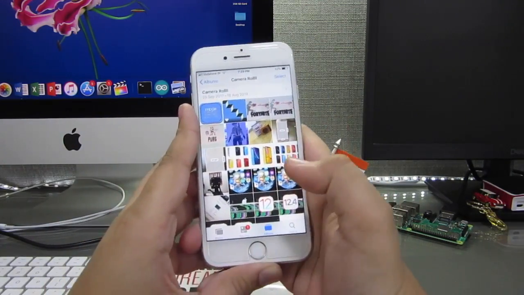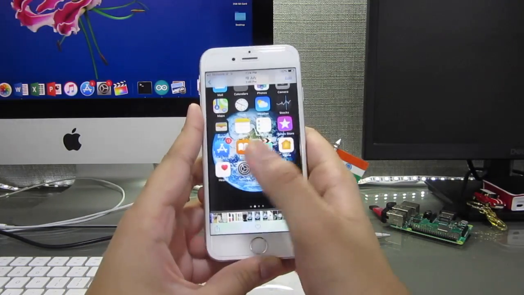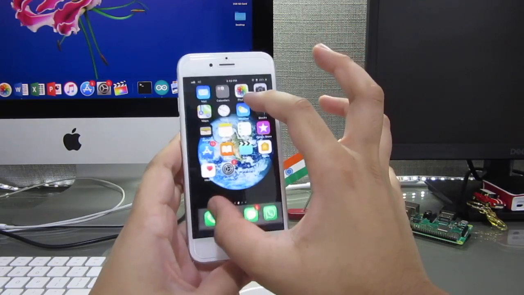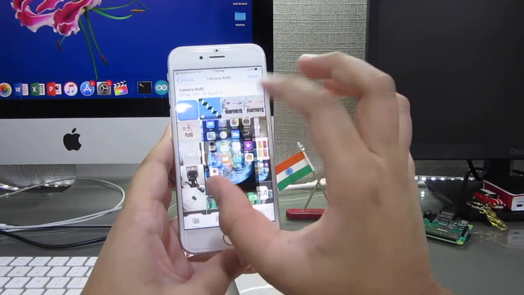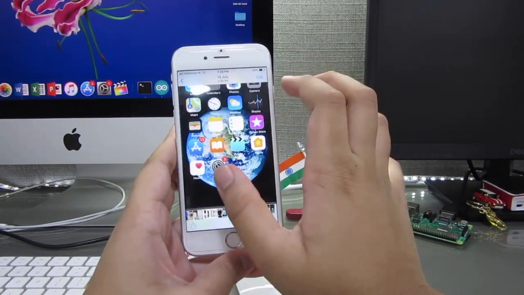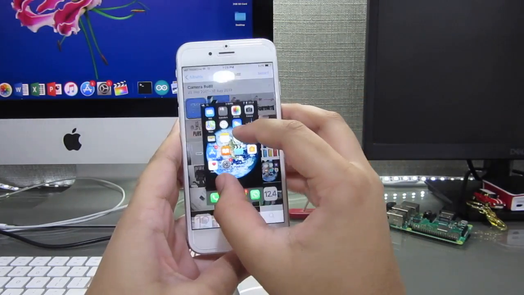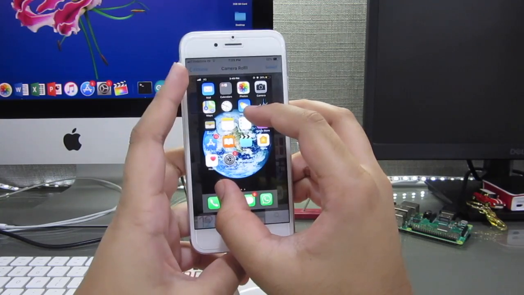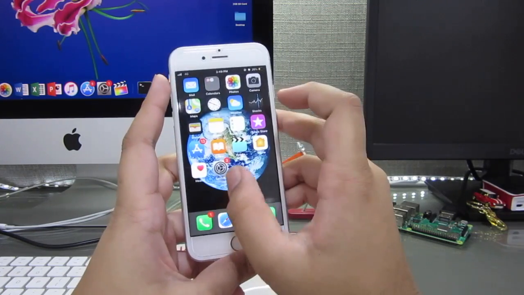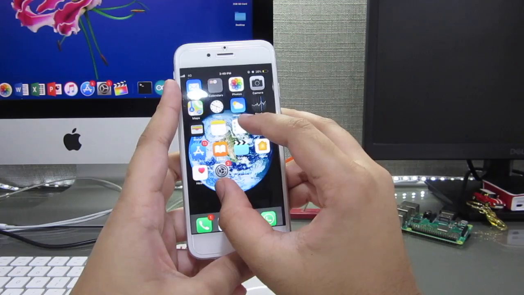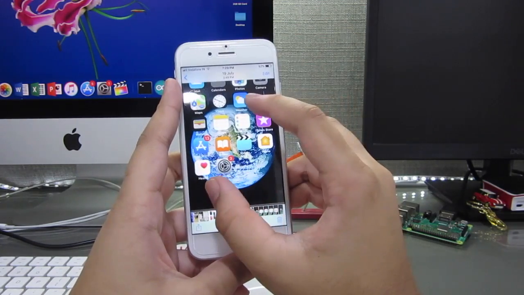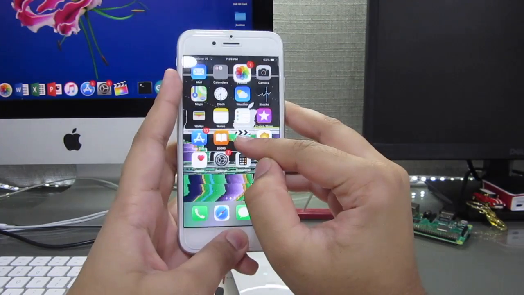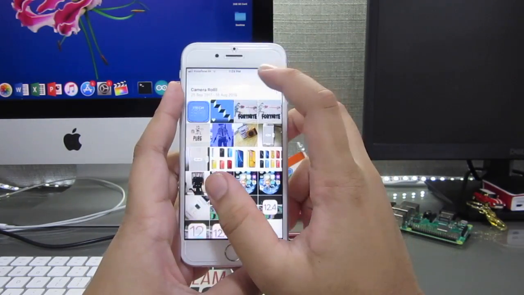But if you go into the real camera roll, and go into this screen and zoom out, and keep it at this much or this much, where the camera roll is a little transparent, then what happens is that when you press the home button after doing that,